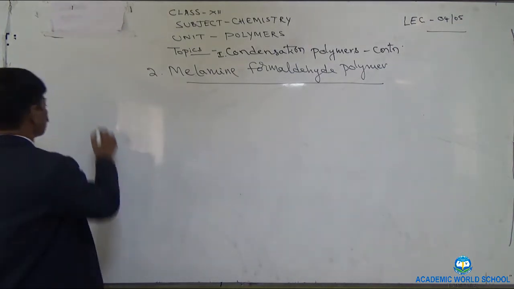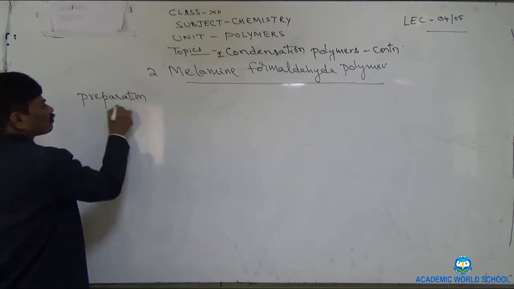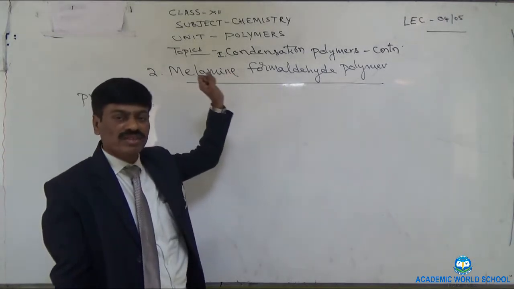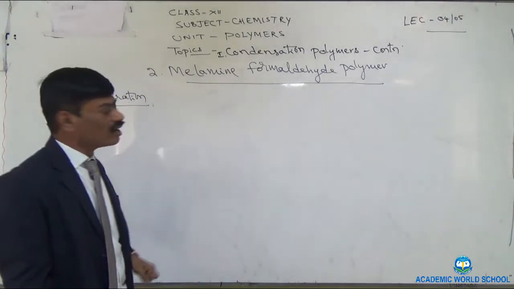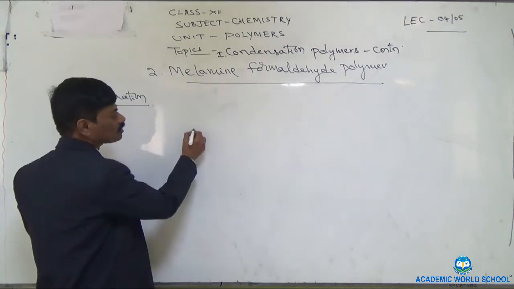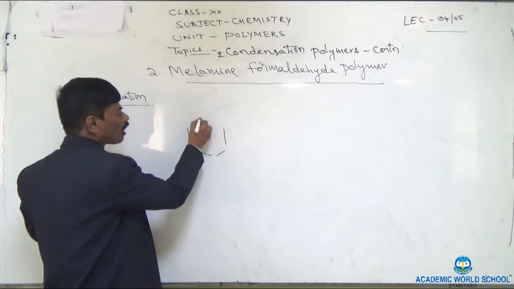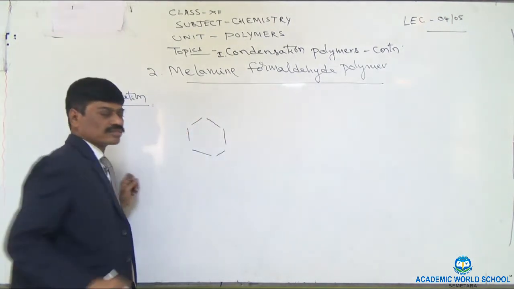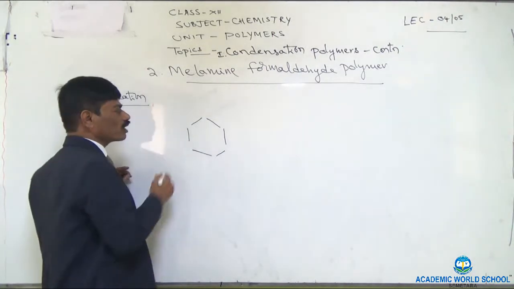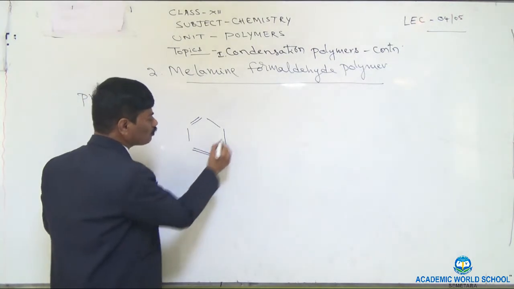As usual, it includes preparation of that polymer. Let us see how it is prepared. In order to prepare it, we require two micromolecules or two monomers. They are melamine and formaldehyde. How to draw the structure of melamine? That is very important. First, show a six-sided figure with gaps in between the two lines. Do not join both the lines. And show pi bond wherever you require. Once you show, alternative to that, two more pi bonds you have to show.